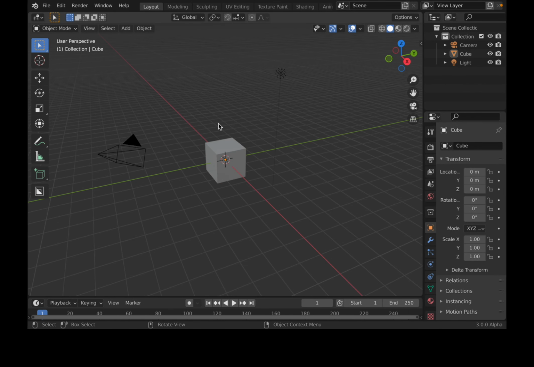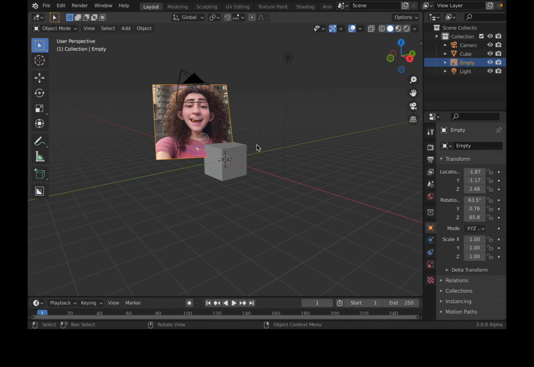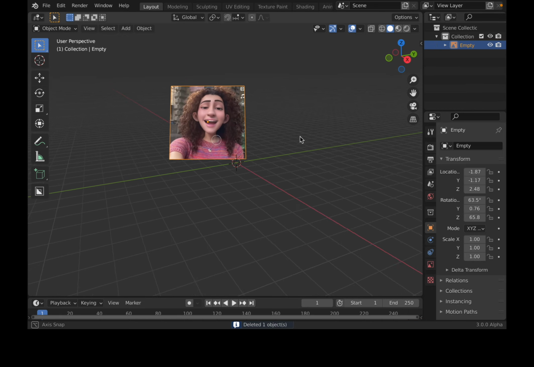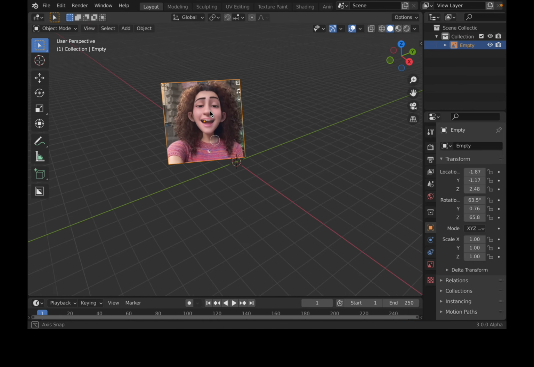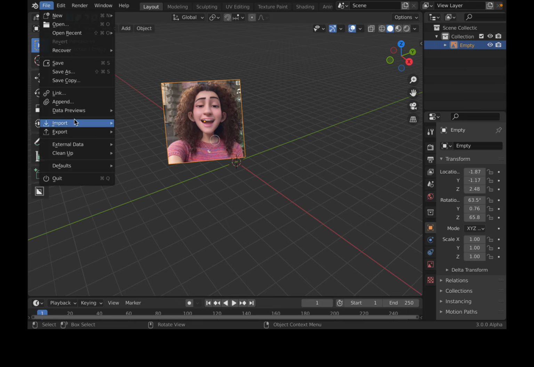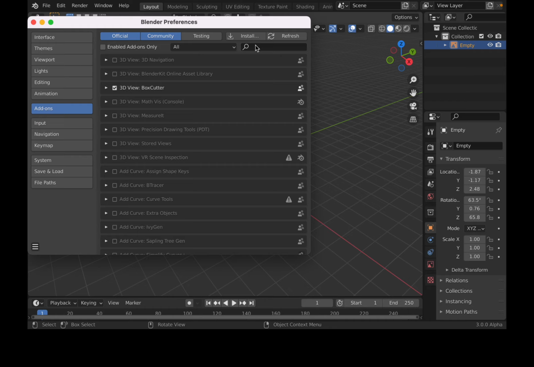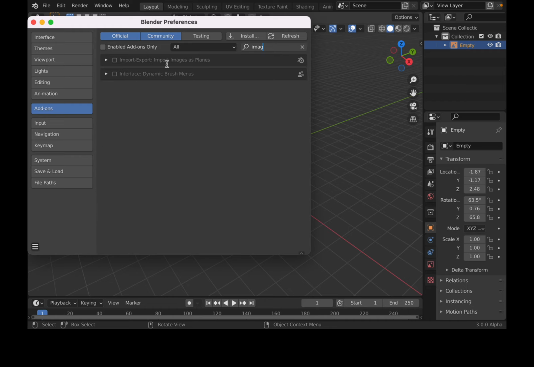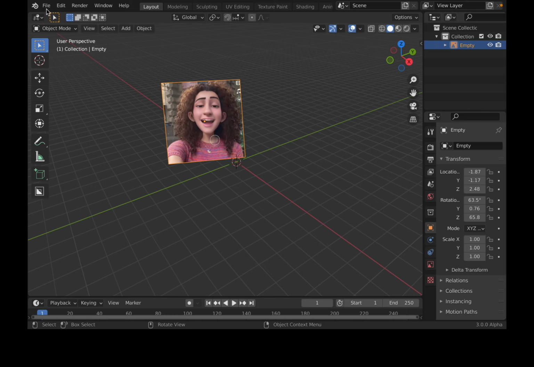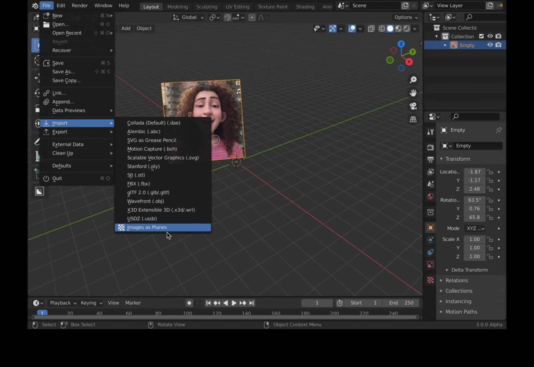Right, so anyway, if I took a screenshot from before and drag and drop it into Blender right away, we can see it can be a reference. You can do it this way, so it becomes an empty and you reference it in the 3D view, and you can paint on top of it using Grease Pencil, or you can also use File, Import, Image. Okay, I forgot to activate Import Images as Planes, it should be on by default. So this allows you to use File, Import, Image as Plane,